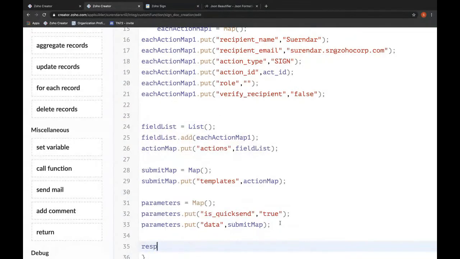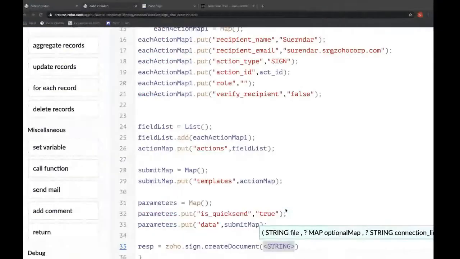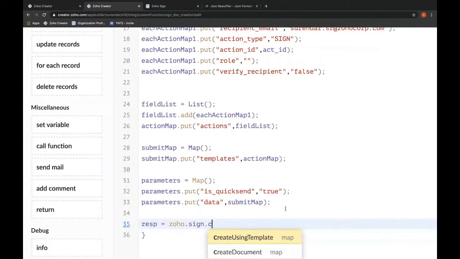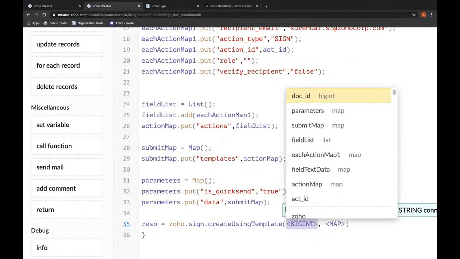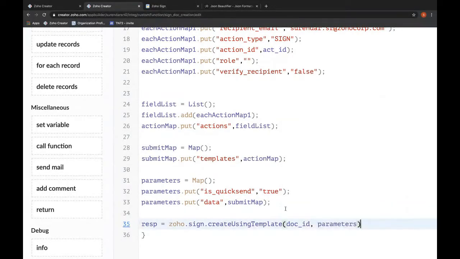and then comes creating the document. So let us say response is equal to Zoho dot sign dot create document, if I'm not wrong. Create using templates. Okay, create using template. So we have to give the doc ID and the map. The map is the parameters. So let me just stay close and